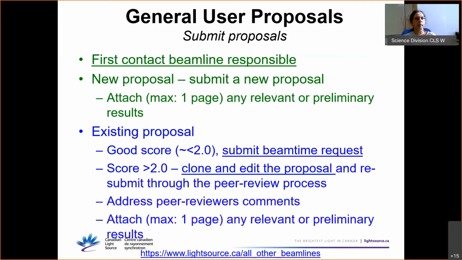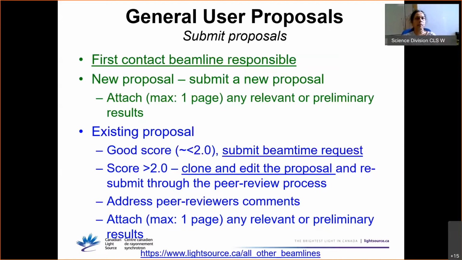Okay, new proposal. Another thing is for users who have already submitted a proposal, but your score is good, meaning less than 2, or you already got beam time and you want to continue the work, you can ask for what is like a beam time request. So the proposal is active for 2 years. You can say my proposal is active, I want beam time.